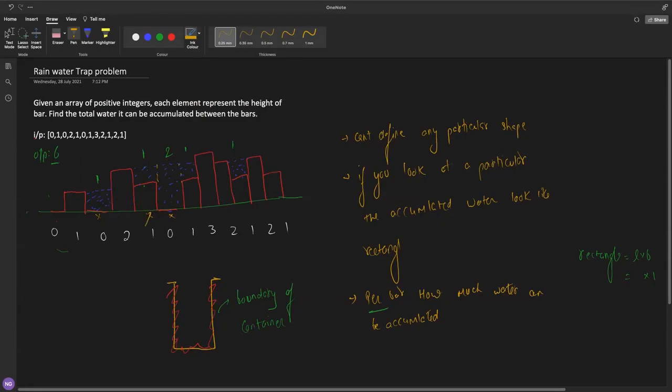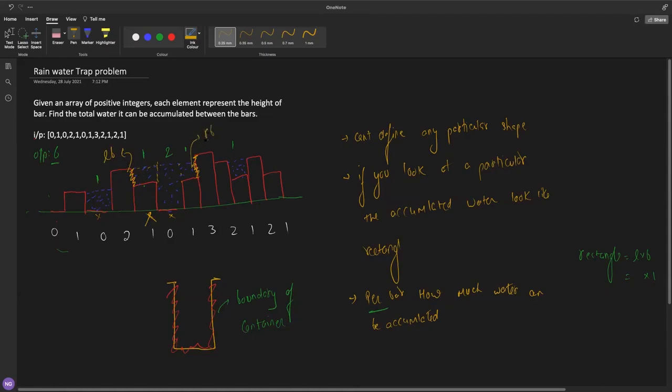If I take this bar as an example here, you can see that this is creating the left boundary and the water level can be till this. This is coming as the right boundary. For this bar, this is the left boundary and this is the right boundary.